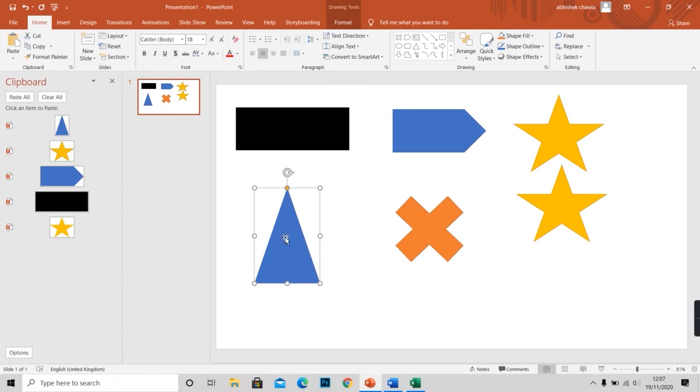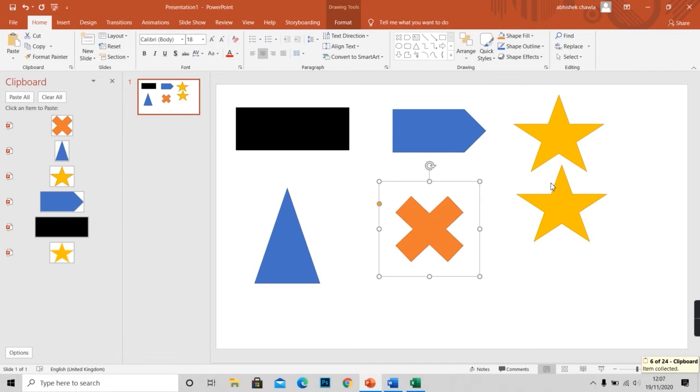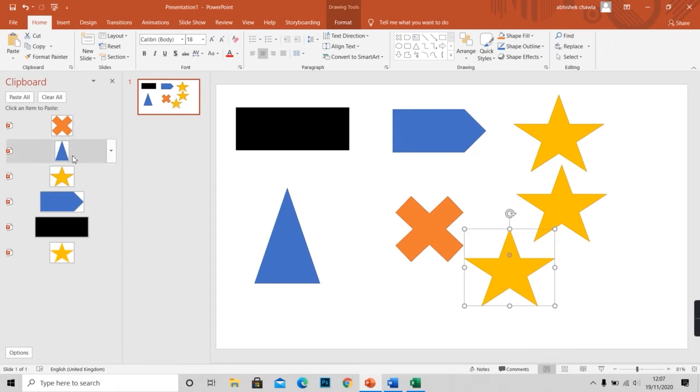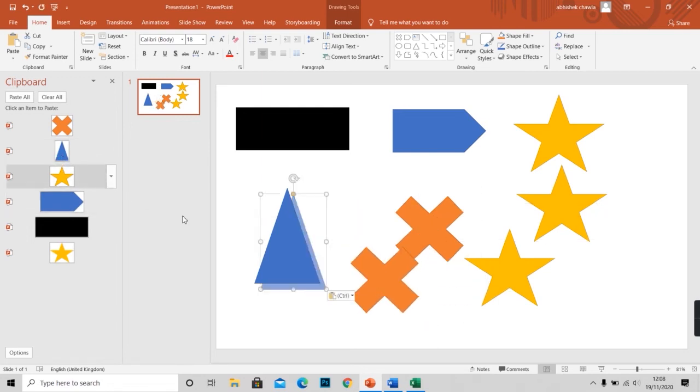Now if I want this star to get pasted here, I'll select this star here, and if I want this cross sign, I click on it and it gets pasted. If I want this triangle,